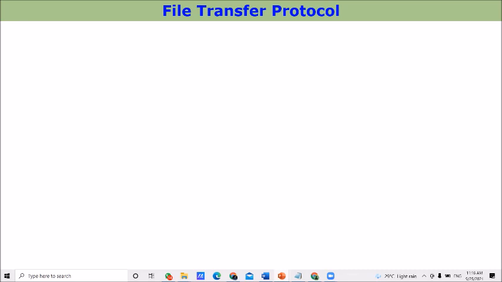We already know the meaning of protocol: a set of procedures or rules followed in the internet or network systems.